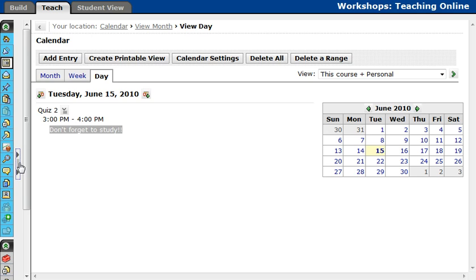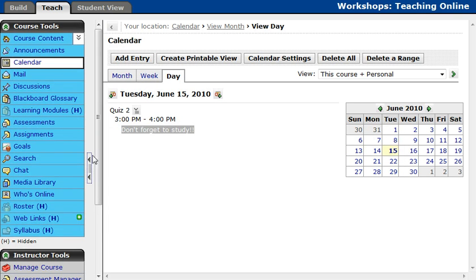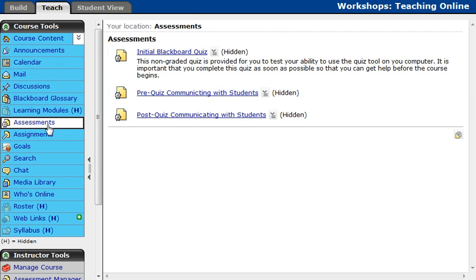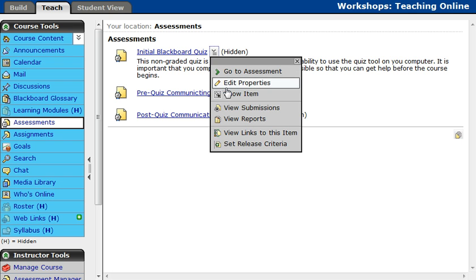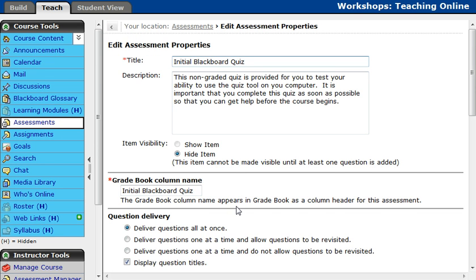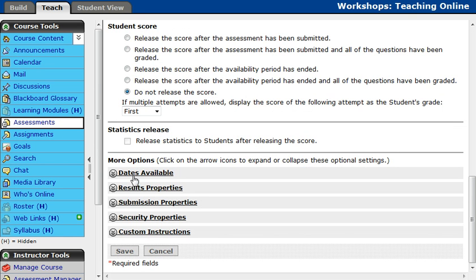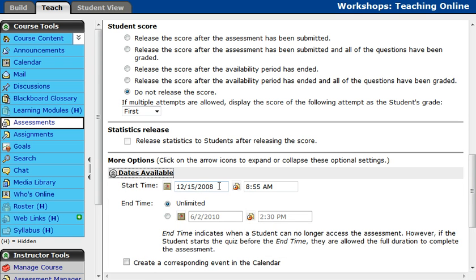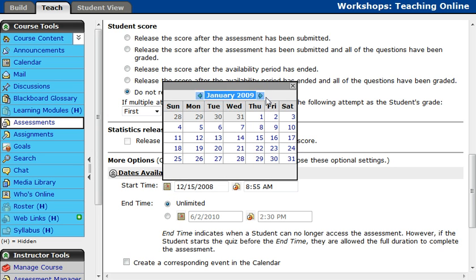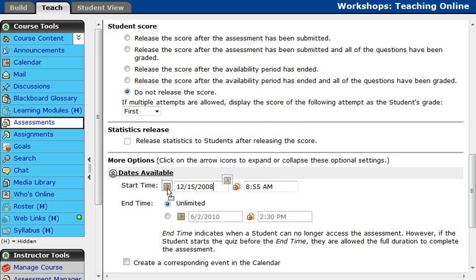So now I'm going to expand my course menu by clicking on the expand button, and I'm going to go into my assessments, and here I already have some assessments that are made. But if I go in here and I'm going to edit its properties, if you scroll down to where the dates available options are, if you click this and you give it a date, so look, it's already picked the 12/15. I need it to be a little bit more up to date, so let's try to, I'm just going to close this. Let's just say it was